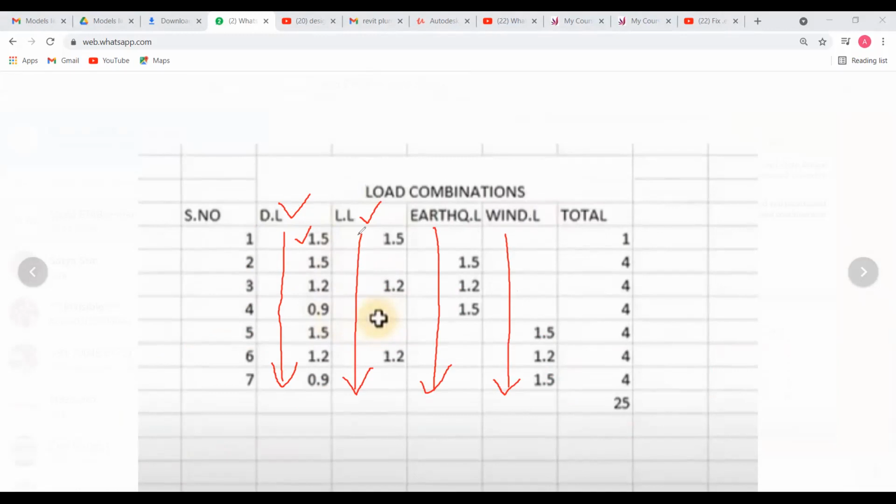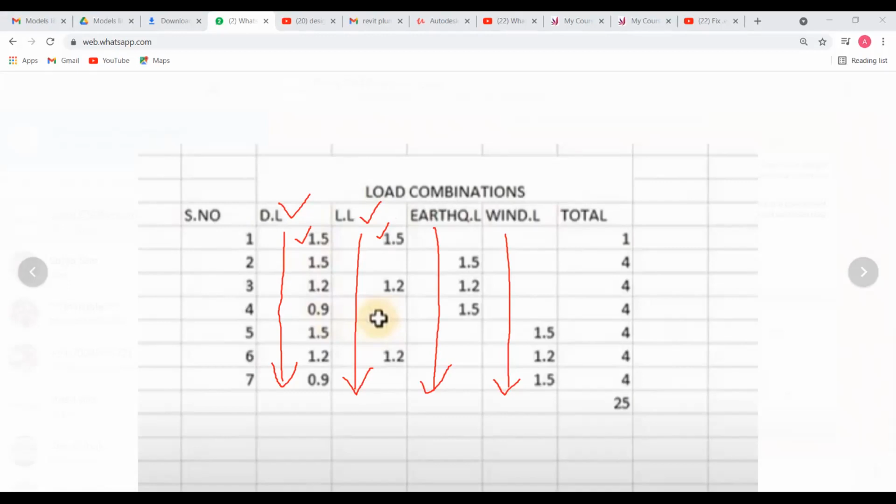Sir, actually the formula is 1.5 into dead load plus live load. First one is. Yeah. So which dead load, I mean, which member load are we going to take as the dead load? Whatever things are there in dead load, StatPro will take it automatically. We only need to enter the factor. Just enter the factor, nothing to do with any other thing.